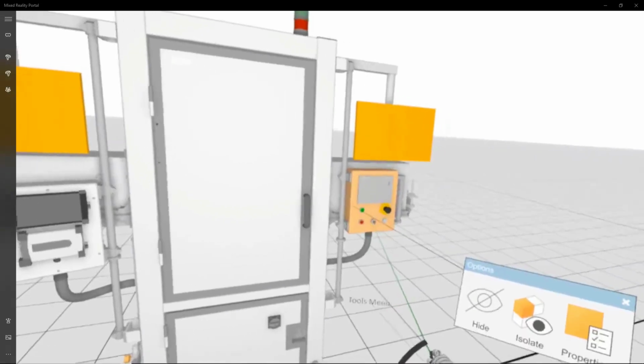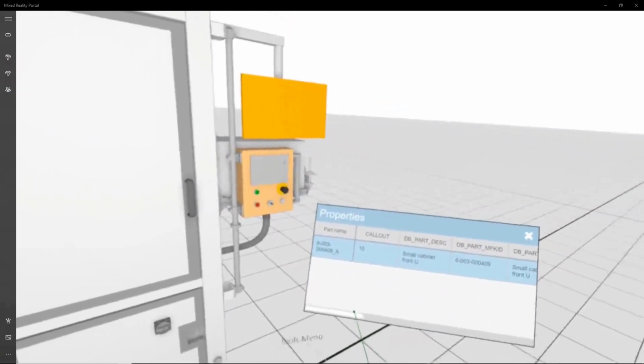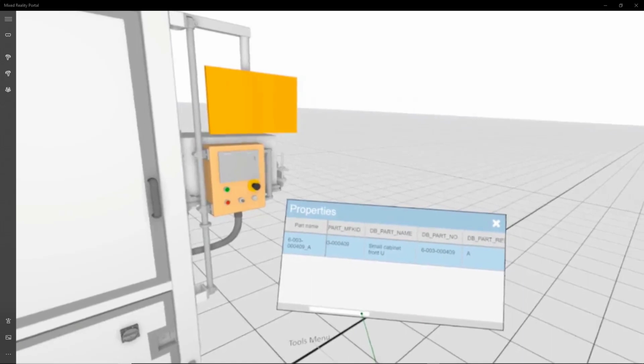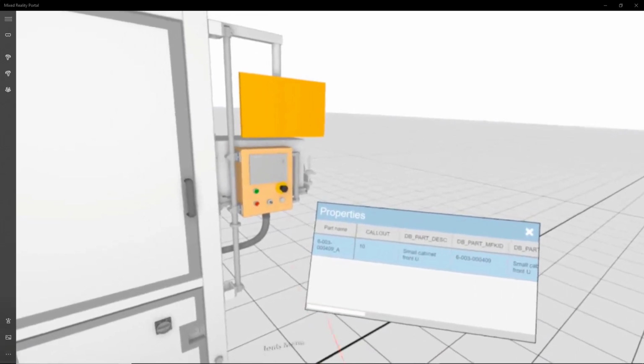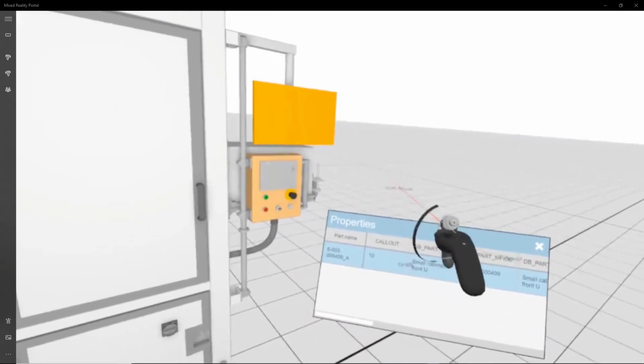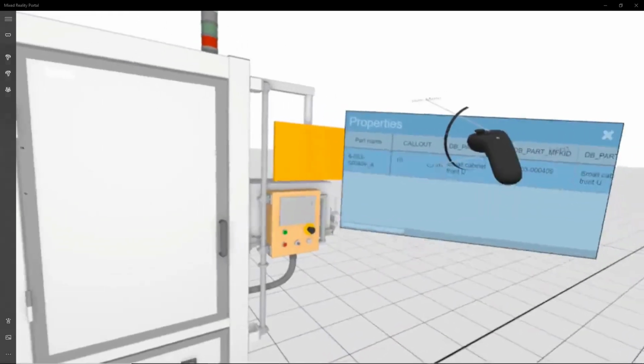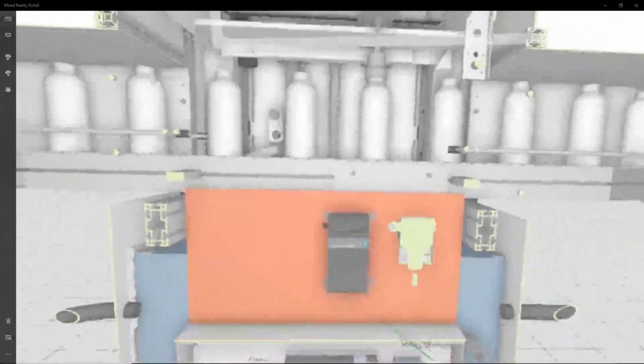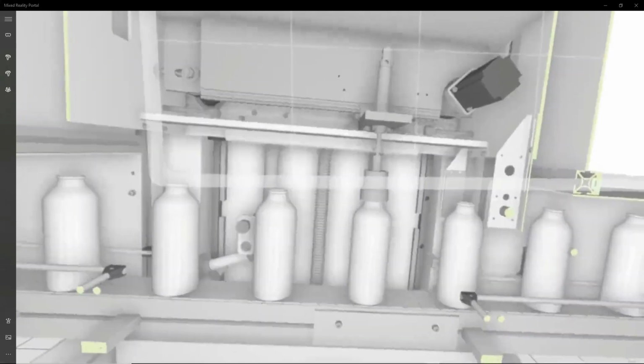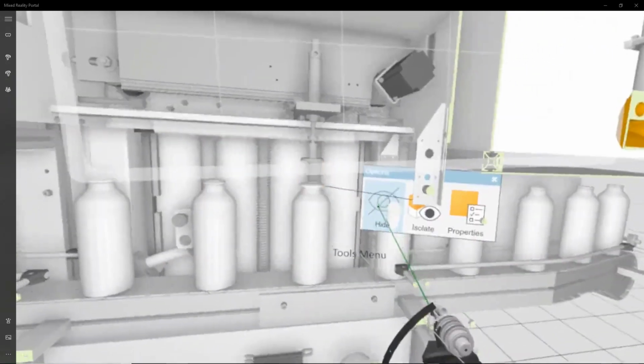Next, we want to start looking at some of the rich information that's stored in our PLM system while we're looking through our parts. Here we have direct access to all of the information because of the tight integration. The last thing we want to do is a few measurements to make sure that all of our design criteria are being met.